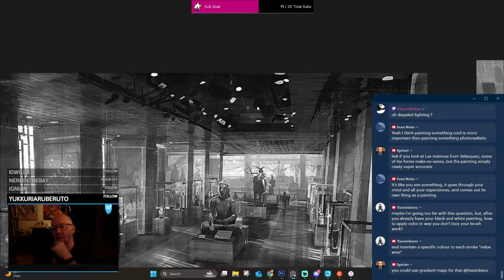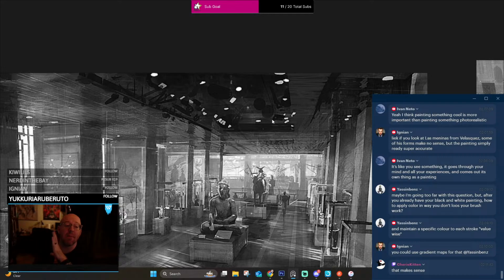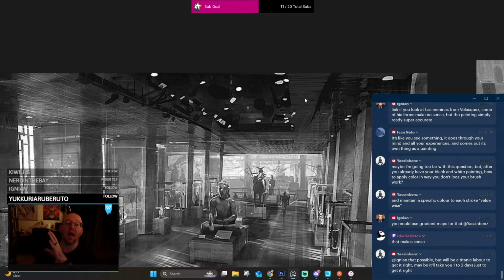Black and white painting, how do you apply color? Don't lose your brushwork. That's the thing. In my opinion, you can use a gradient map and it can grow to it. But in my opinion, you can't, because once you separate your color from your brushstroke value, things look weird. So what I do is build up values pretty well, then I'll do a gradient map, then whatever, but I use that to start painting on top of. I never just make a painting like this, gradient map it, mask it away and call it done. Never, never, never. Because I always want my brush strokes to follow my color.